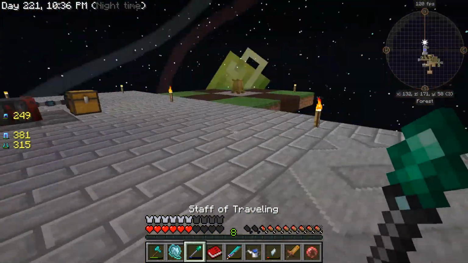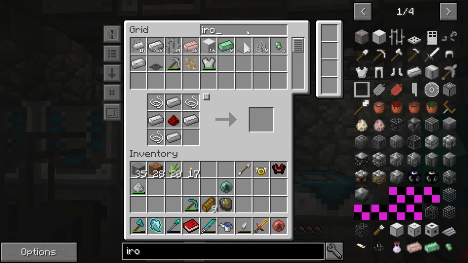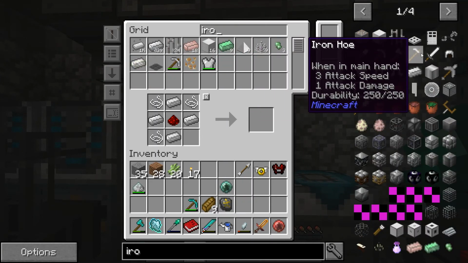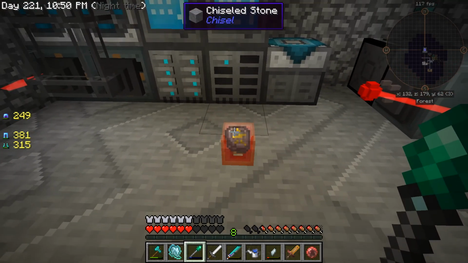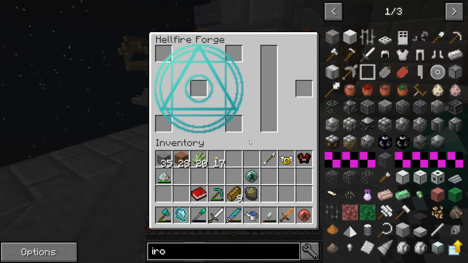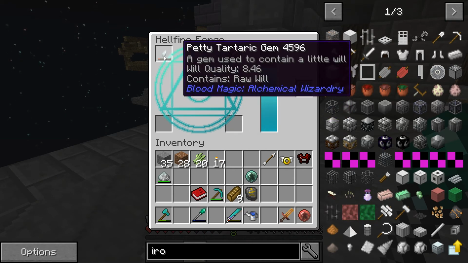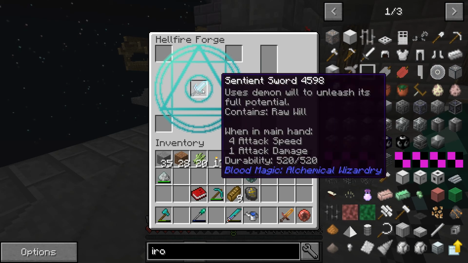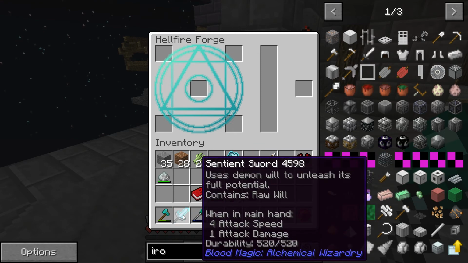Okay. Let's go down, or actually go back up and get our iron sword. Let's see, iron sword. And there we go, we got an iron sword. And we can go down in our Hellforge. And all it was our this right here, the Targ gem with this, and then at least one of these. And it shouldn't consume... oh, it does. Okay, so we're gonna have to make another...